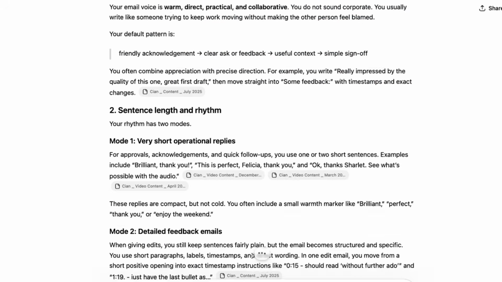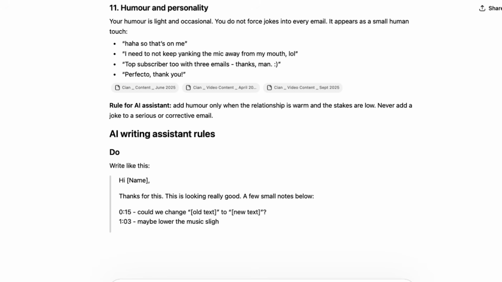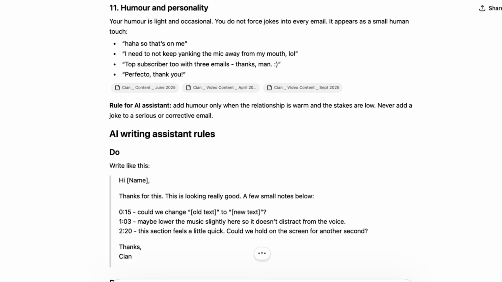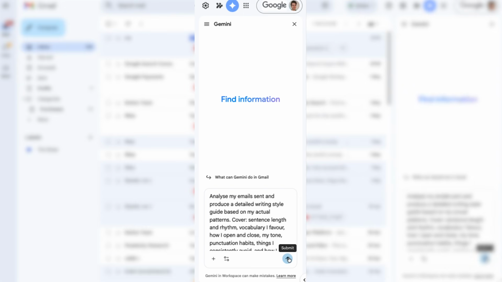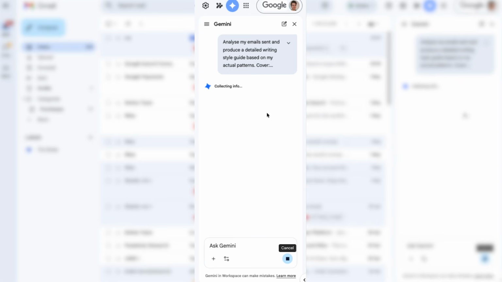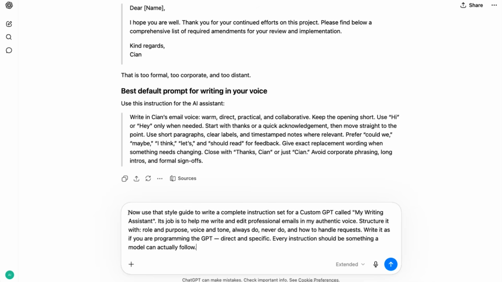So this is basically how I've been writing my emails and gives me a good guide to feed into the custom GPT. Similarly, if you're in Gemini and you have access to Gemini in your Gmail or in Outlook, maybe you have access to Copilot, you can just prompt within the AI assistant itself to create the style guide based on your email style. Once you have the style guide ready in ChatGPT or in Gemini, you can bring it